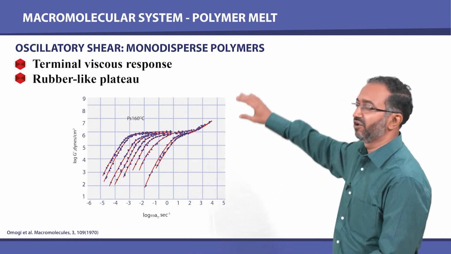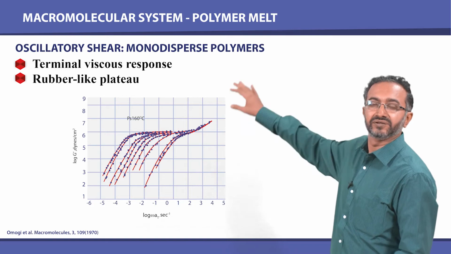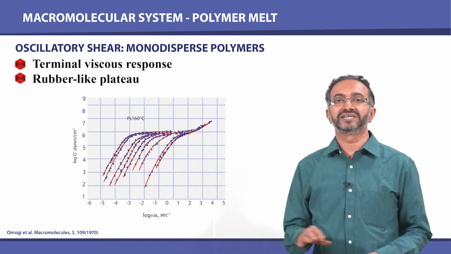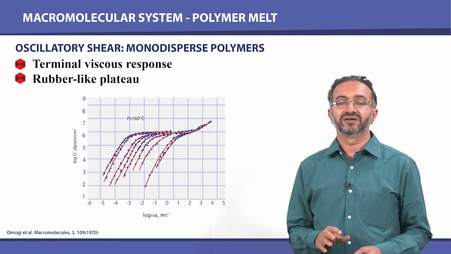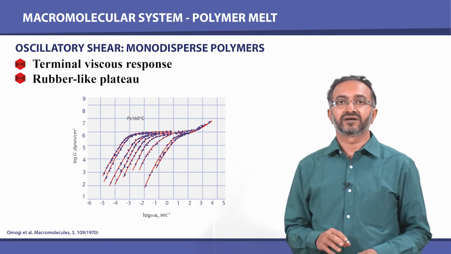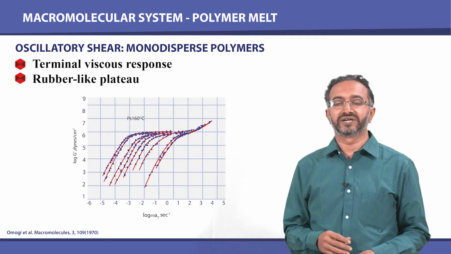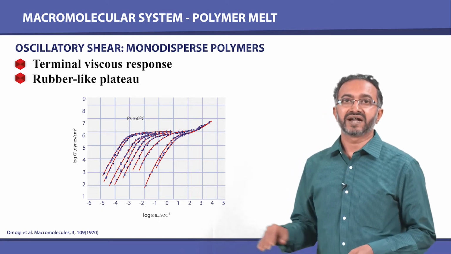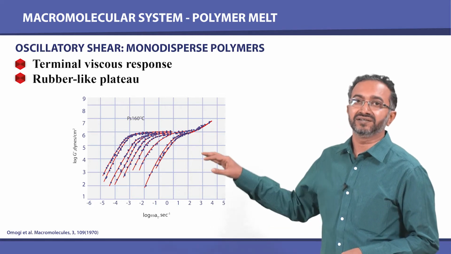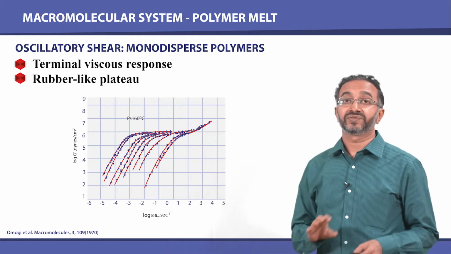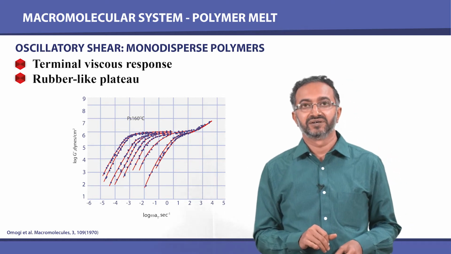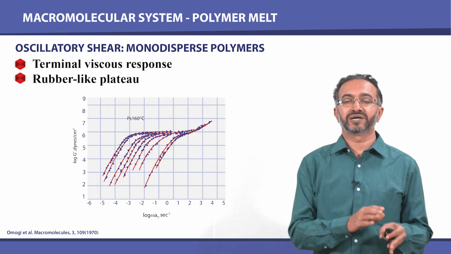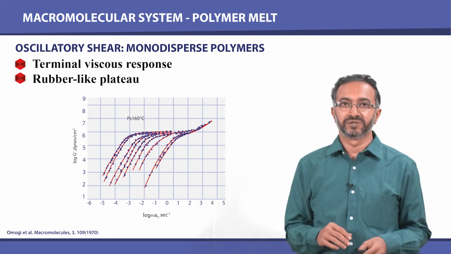You can see that all the slopes are essentially going to be 2. So, you have G prime increasing as omega squared for low frequencies, and it does not matter what is the molecular weight, all of them at low enough frequency show this response. At any given frequency you can see that the modulus is dependent on the molecular weight. What is common for all is the fact that G prime scales as omega squared for all of them,